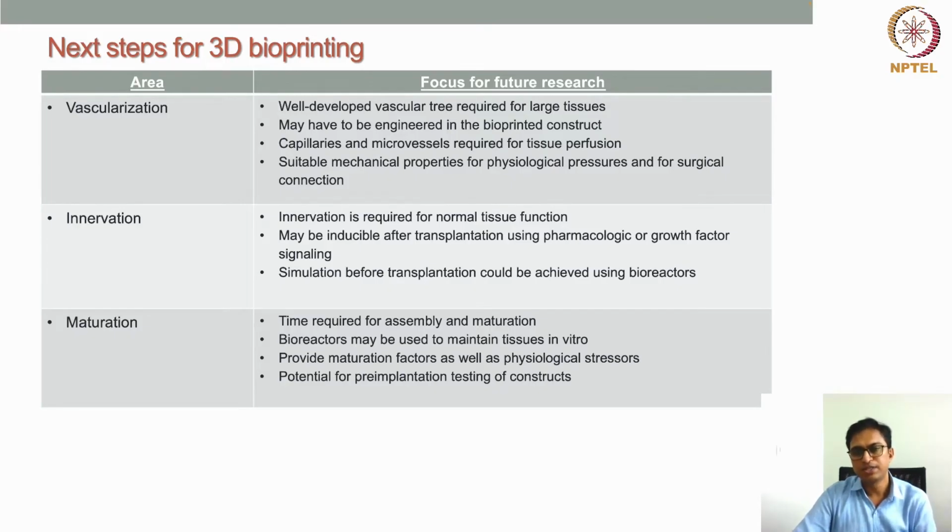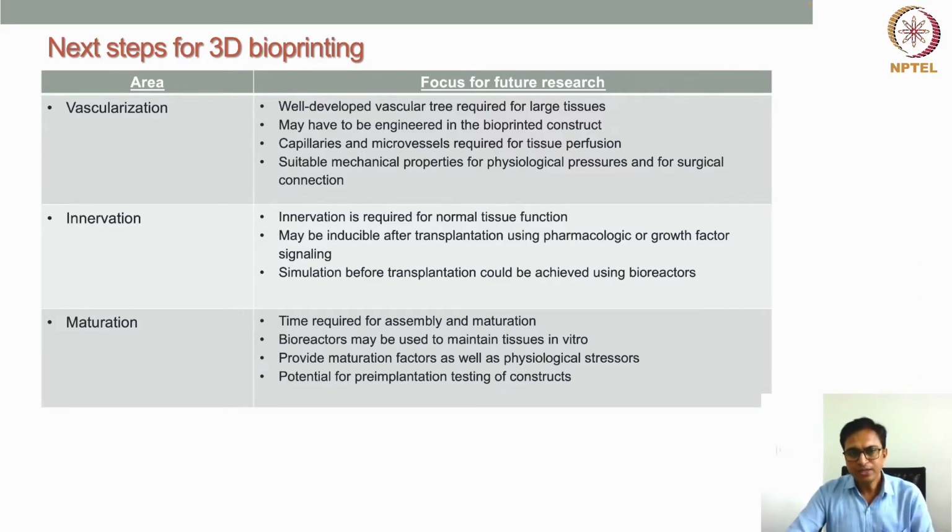Then they have capillaries, microvessels, all these different things are there. Those things have to be generated within the tissue bed, so that we are able to recreate the anatomical structures that are required for perfusion of media. Perfusion means, at the tissue level, perfusion of blood and other things. So when we are culturing them, we can perfuse cell culture media through those microvessels or capillaries, so that all the cells present within the structure